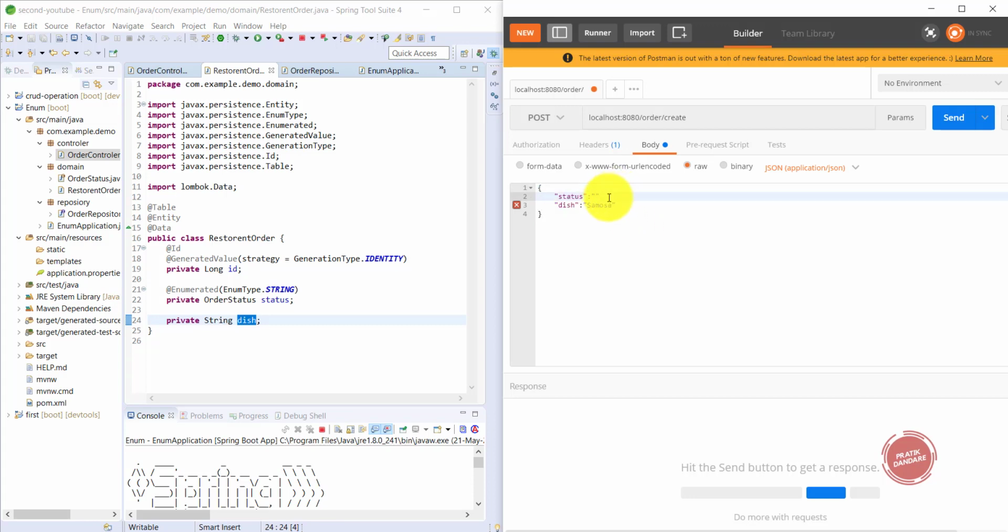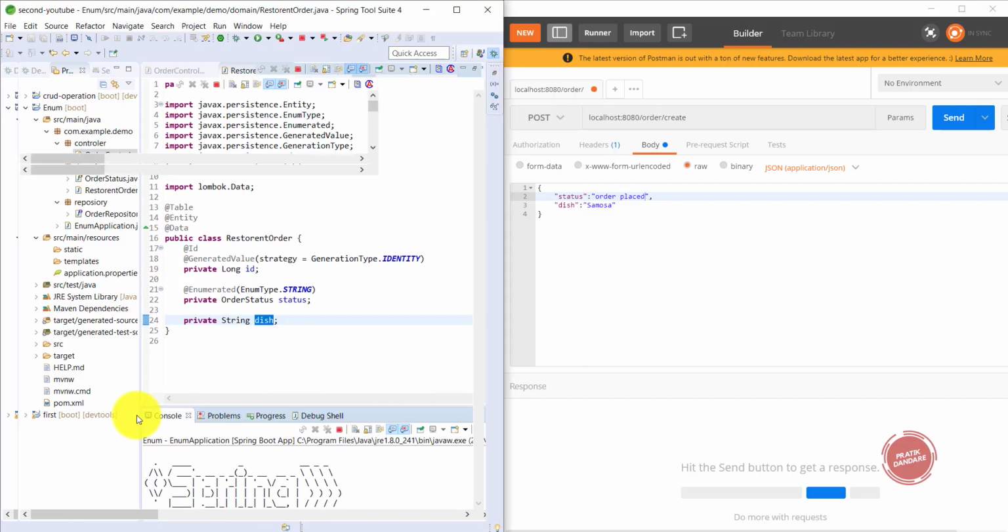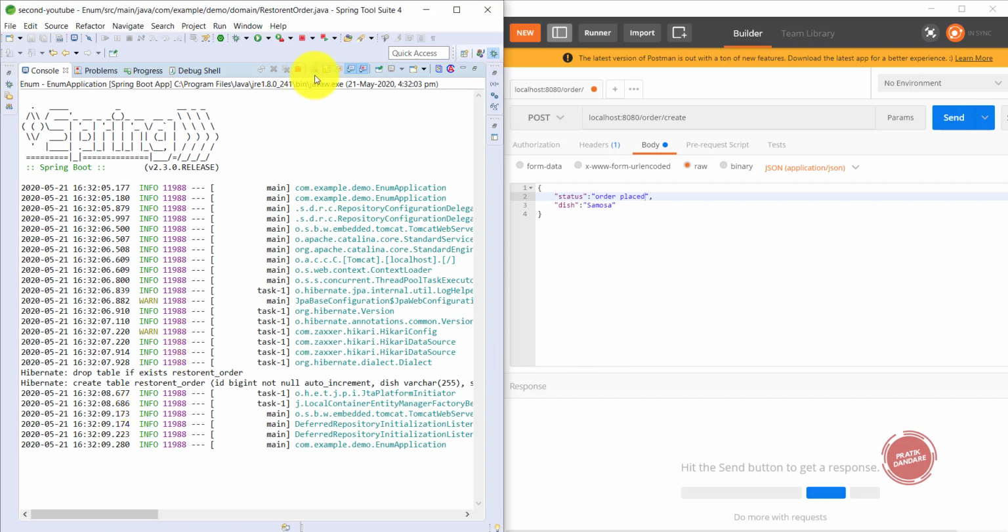I want to write a status which is not inside the enum. What happens in that case? Instead of placed, I am writing order placed. So what is going to happen with the enum?